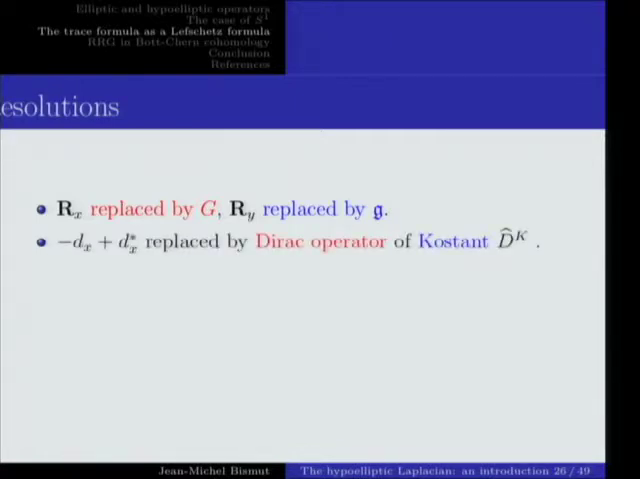Okay, the operator minus dx plus d star x will be replaced by a well-known operator introduced by Kostant, the operator d hat k. I will briefly describe it. The operator d hat k had mostly an algebraic interpretation, and now it will play a key analytic role. One should also treat p and k differently because of this change of sign on the Killing or the invariant form,